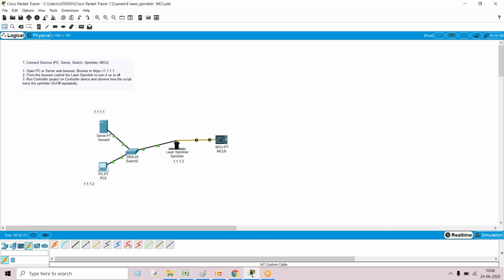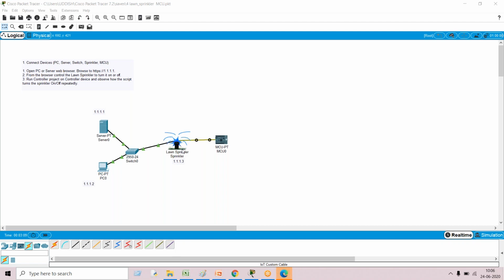And the third way we have seen is how to control a particular device by controlling some other device. I mean, communicating by controlling two different devices. And the fourth one we have seen is how to control this lawn sprinkler by using controllers. As an example, we have taken a microcontroller. So these are the four ways to control a particular device, and these ways are common for all the mechanisms.